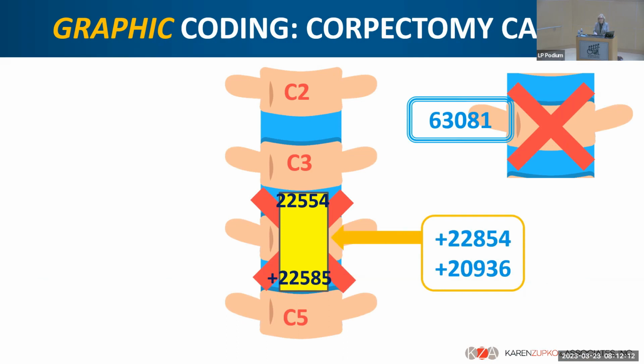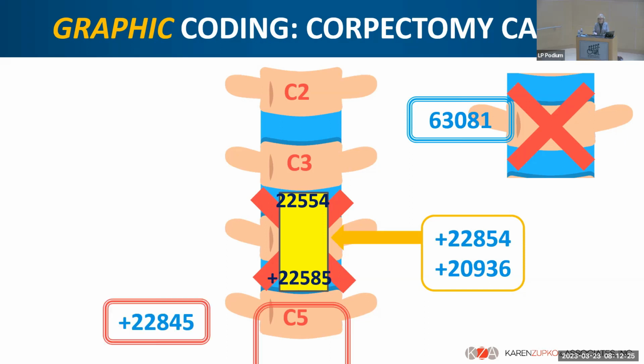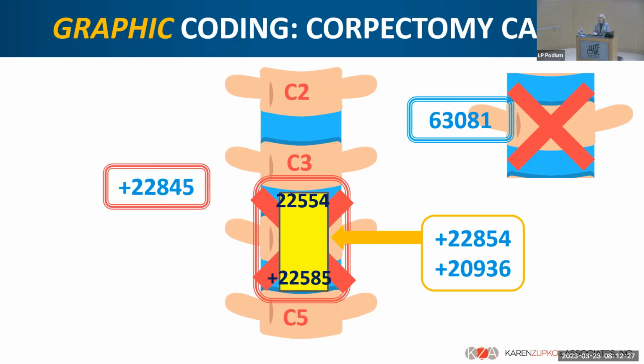So that's what's oftentimes forgotten: the fusions totally, or making sure that we get two fusions, the primary code and the add-on code. We want to capture all of those RVUs, okay? And then we also get the plate. So once you place the plate, this is going to be at least 6 or 7 codes for most